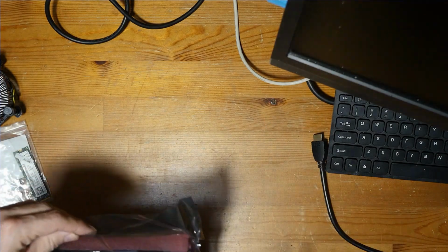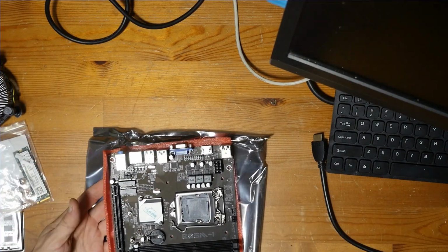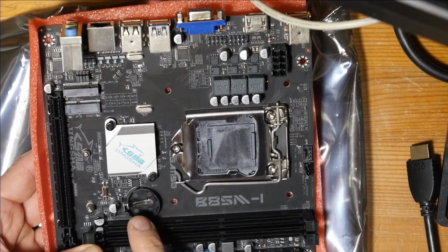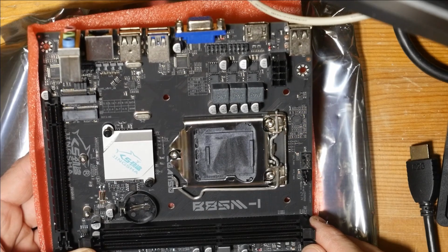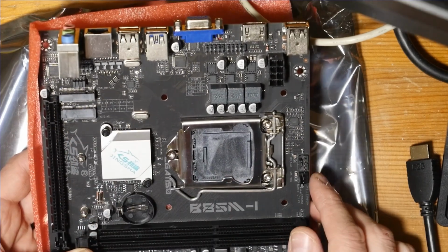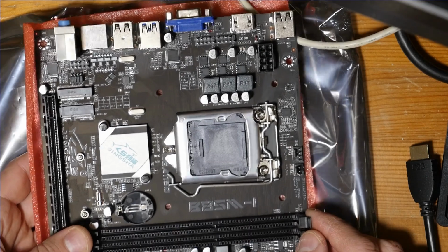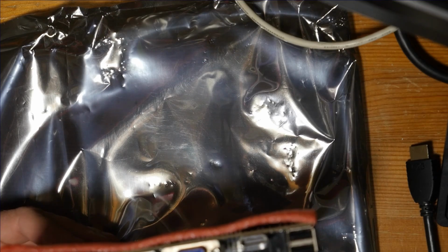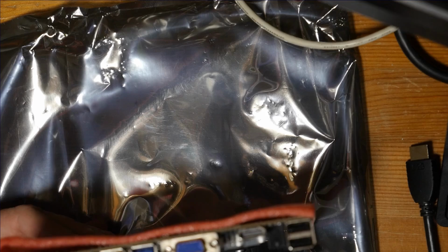Oh yeah, I guess I didn't really need to cut anything. So this is B85M. I think it doesn't have a CMOS battery, and the seller on AliExpress repeatedly said that they remove it because of the China post, so I will have to get a new one. So interesting feature is these NVMe ports. Everything else seems pretty standard. Takes DDR3, USB 3, USB 2, gigabit Realtek, so nothing special. More USB 2, HDMI, which we're going to use, VGA, which we won't,